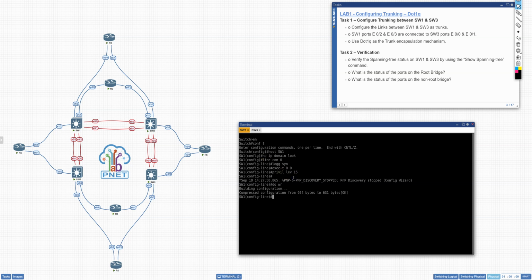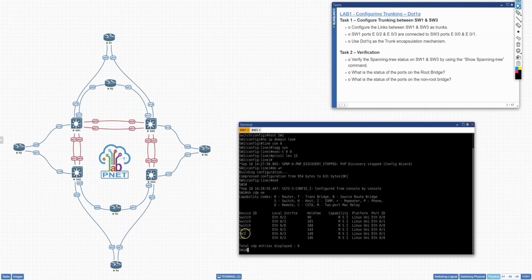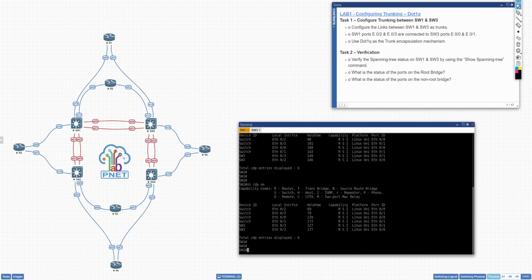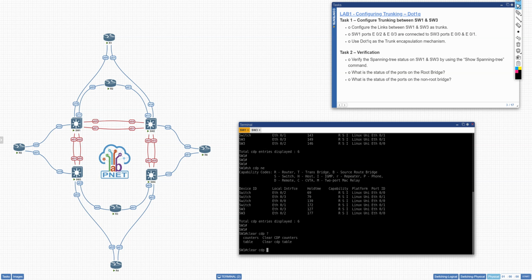So let's move on. If I look at show CDP neighbor, because CDP is running by default, we have other switches connected, but we are not looking at them. We are only concerned with switch number 3. You can see that these ports are coming back again here, so it means that the CDP hasn't refreshed itself. So if we clear the CDP table